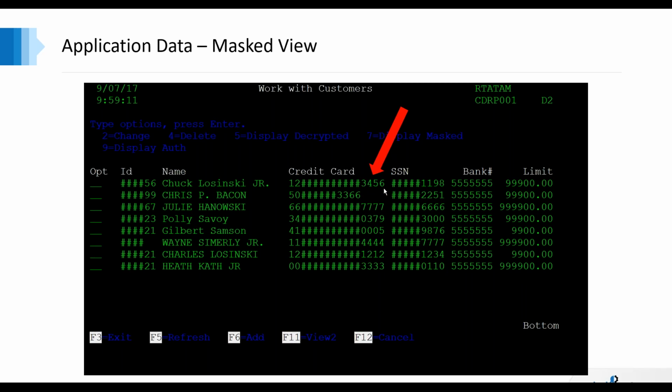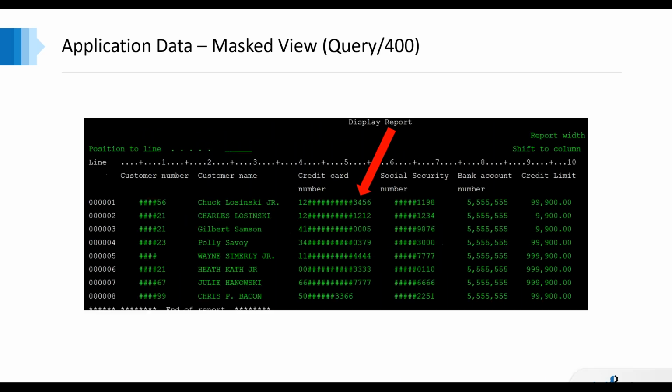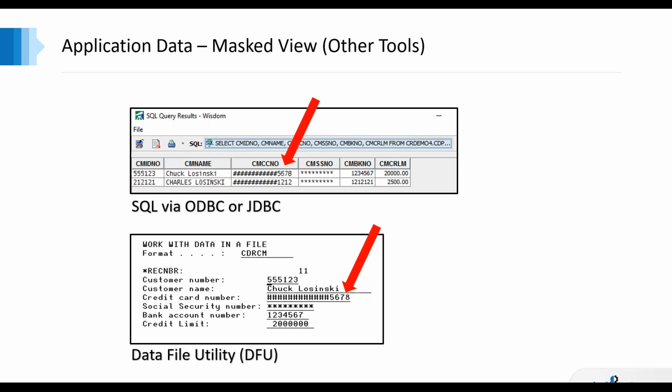Important there. They can see those last 4 and the first 2, then maybe on Social Security number, the last 4. So ensuring that regardless of what the need is there, you're able to make it look how it's supposed to for that user. Of course, no matter how the user gets at the data, because it's using the field procedures, you are controlling regardless of that request, whether they're using SQL, if they're using Query 400, that masked view is honored. Any of those tools still going to honor that.